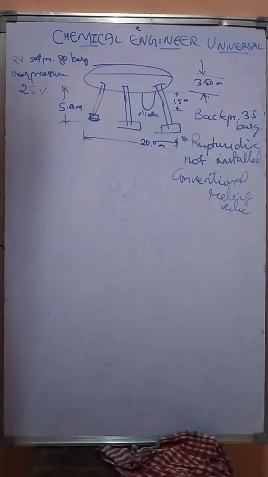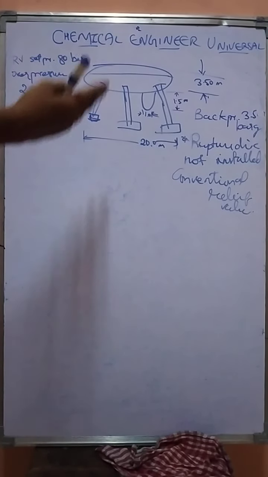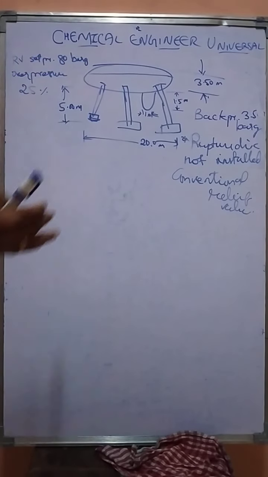Hi guys, last class we saw the pressure safety valve, the formulas used as per API, and its purpose. Now I'm going to do a small calculation to find the pressure safety valve's orifice size and required area, and how to calculate the vapor load. So how do you design the PSV? I'm just taking a simple scenario and working out the calculation.